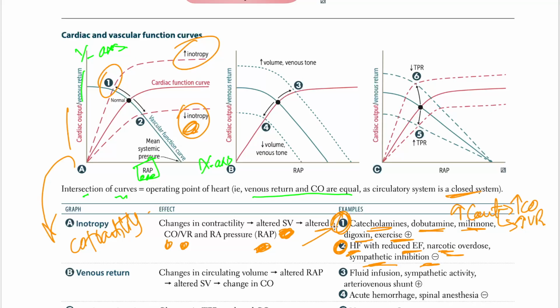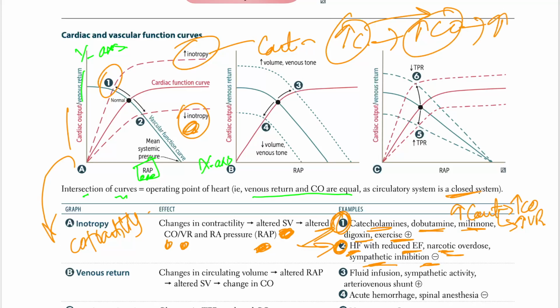So these are just the factors. Somehow, I think understanding is way better than memorizing. If you understand it, what is inotropy? Inotropy is contractility, and whatever would increase the contractility would increase the cardiac output, because as you contract, you increase cardiac output. What is cardiac output? Whatever comes out of the heart, and as you increase the cardiac output, you would increase the venous return, because